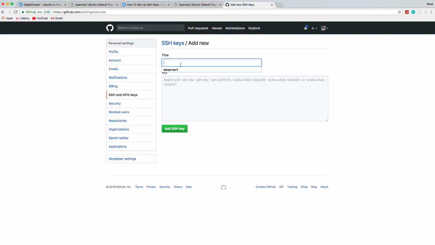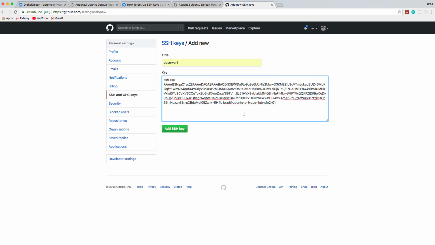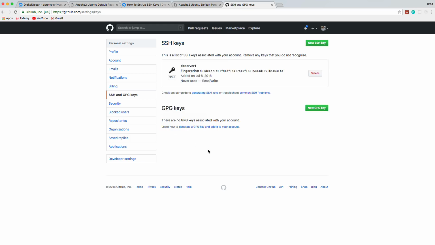You can call it what you want. I'm going to call it, actually I already have DO server 1, DigitalOcean server 1, that's what I'll call it, and I'll paste that in. Okay, make sure there's no extra spaces here or anything. Got it. All right, so let's add that key. And now let's go back